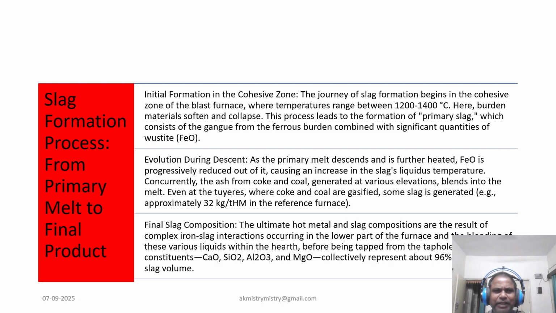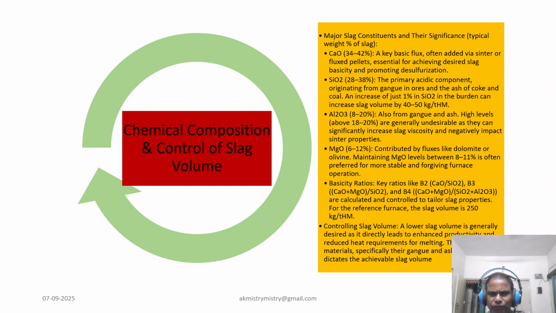So let's look closer at the major slag constituents crucial for effective control. Calcium oxide, typically 34% to 42%, is a primary basic flux, essential for desired slag basicity and effective desulfurization. Silicon dioxide, 28 to 30%, is the main acidic component from the gangue and the ash. Remember, a 1% increase in silica in the burden can boost slag volume by 40 to 50 kg per ton